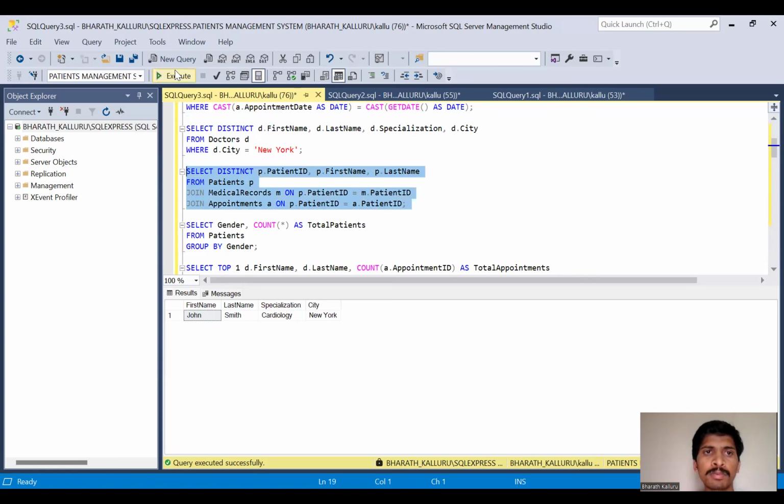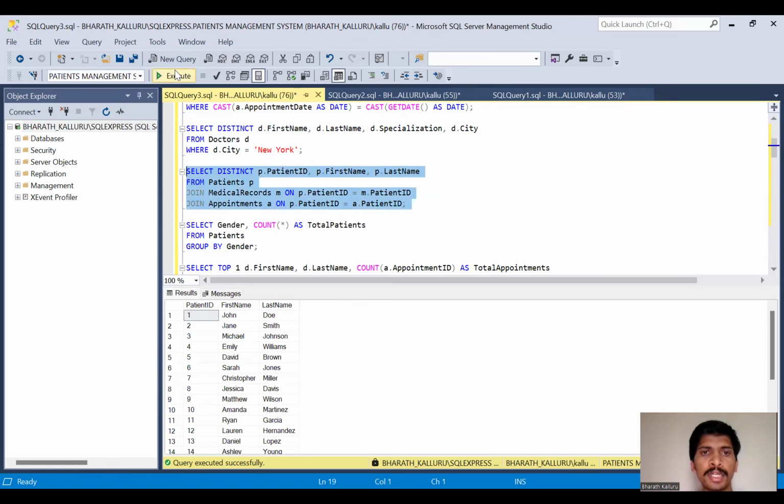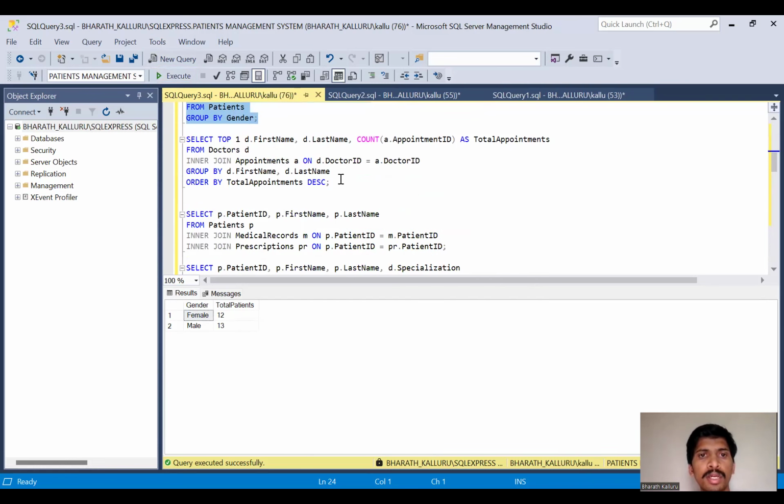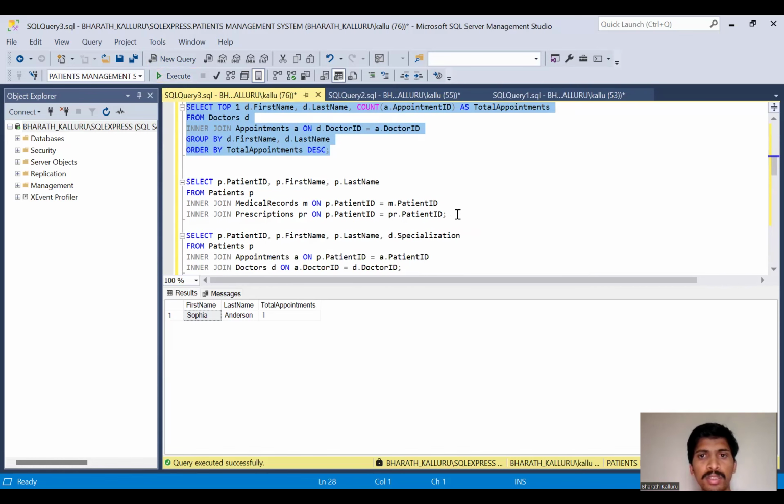And this query helps me to see the patient's ID and the first name and last name. And next query will tell me the total count of female and male patients. And next query helps me to see how many total appointments there are for a doctor. And next query is about